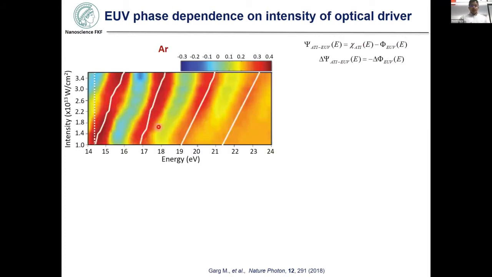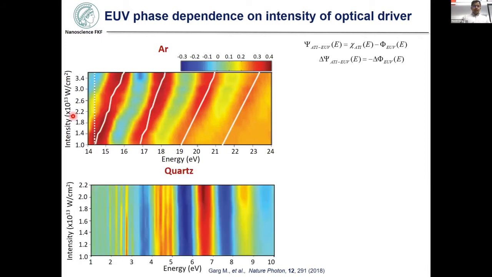Now, we look into the spectral fringes in case of argon and how they vary with the intensity of the pulse. So here you see the interference fringes which are formed, and these are over an energy scale over here. And these fringes move quite nicely when we increase the intensity of our pulses in the experiment. However, when you look into the fringes which are formed by EUV emission from quartz, they almost do not change when you increase the intensity of the pulse. And now, from this motion of these fringes in our experiment, we are able to estimate the phase of the EUV pulse which is changing as a function of increasing intensity of the pulse.